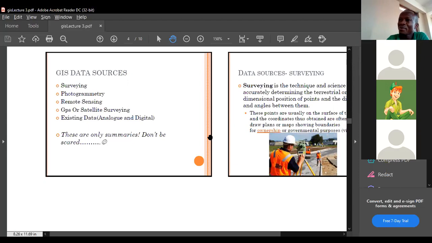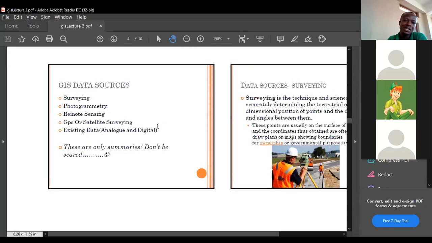Because you are acquiring something. Where are you going to get it from? From a source. So questions are, what are data? Someone starts talking about something, you wonder what it is. Okay. Please. There are about 3 or 4 data sources or data acquisition methods that we can apply in GIS